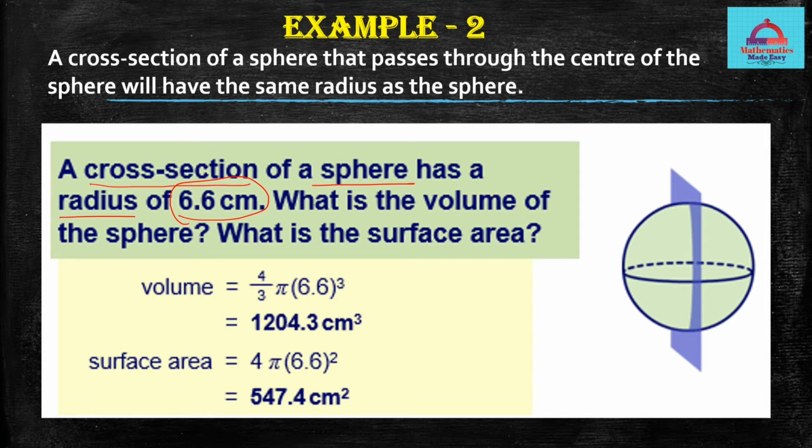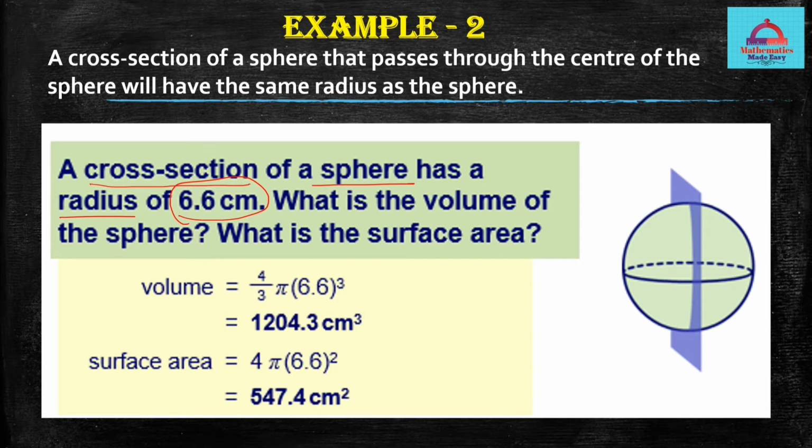Both are going to be equal, because if you understand the concept of great circle, you know that whenever you have a sphere and you are taking a cross section, or slicing that sphere, what you are going to get is a circle with the same radius.